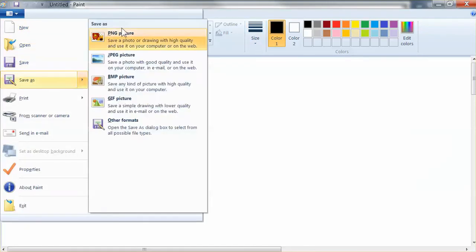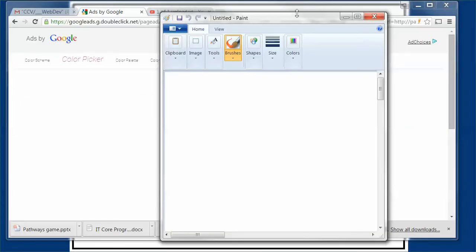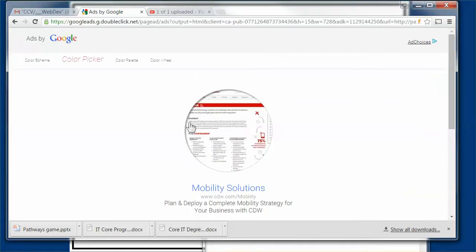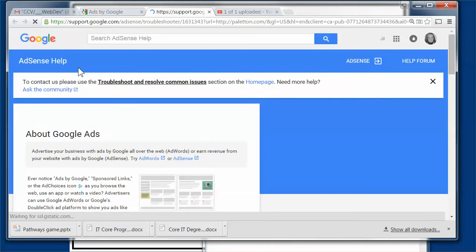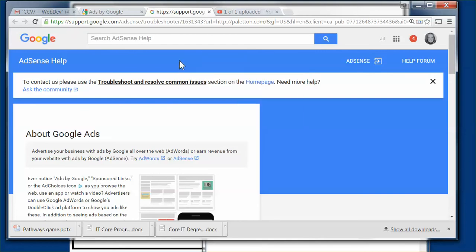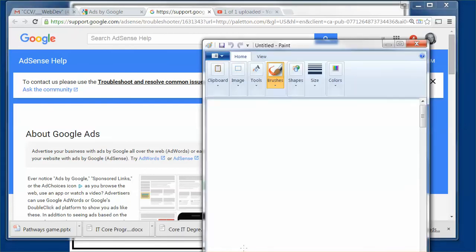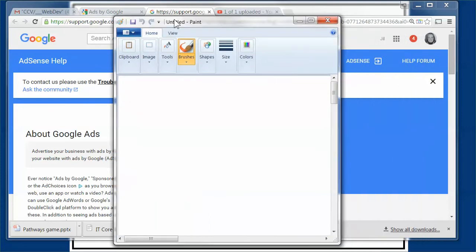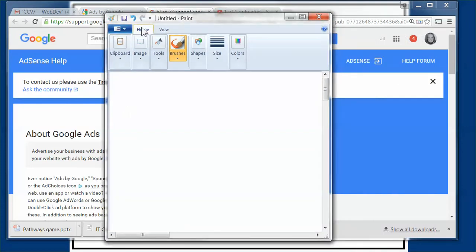up a file. Well, let me grab it from the web just so you can see how easy it is to grab things from the web. Suppose I wanted to go to Google. And here's this blue. I could just print screen. That's a physical key on your keyboard, sometimes on the bigger one. Sometimes it will just say print screen, but you can print screen, and then you can go to your home and just paste